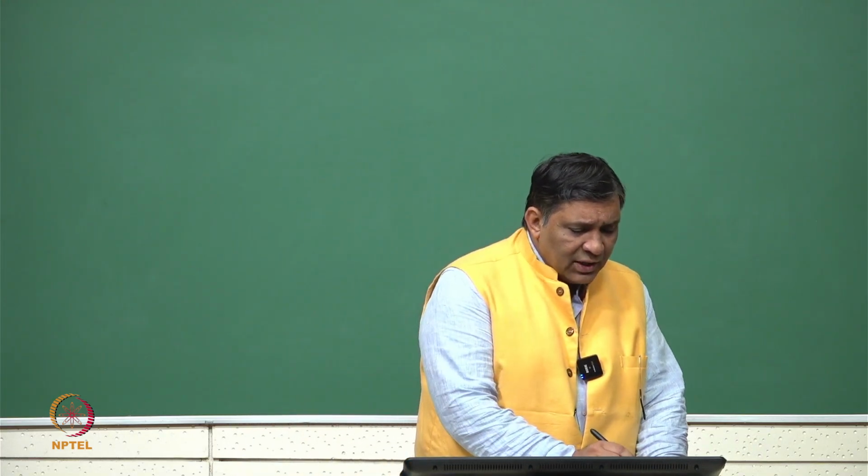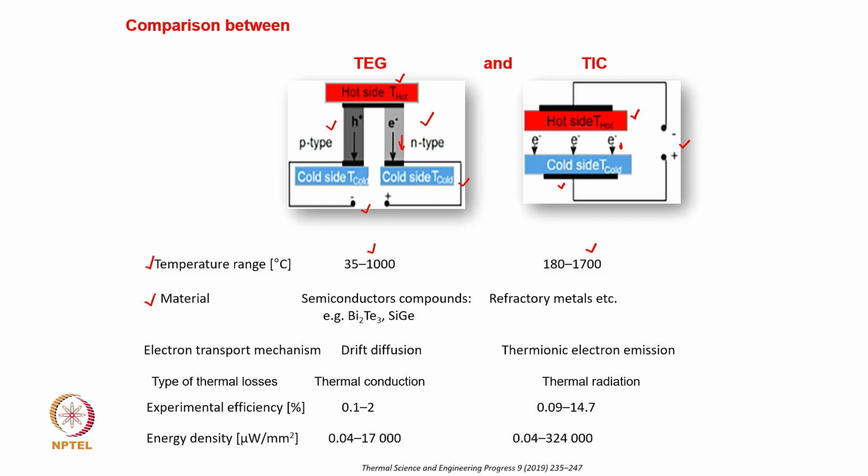When we talk about the material, we have seen there are different materials which are used in a thermoelectric generator. Conventionally, we used Bi2Te3, that semiconducting material, and silicon germanium. So, Bi2Te3 works at relatively lower temperature, okay, and SiGe works at relatively higher temperature, that we have seen. All right. There are some other thermoelectric generator materials which work at intermediate, various temperatures.